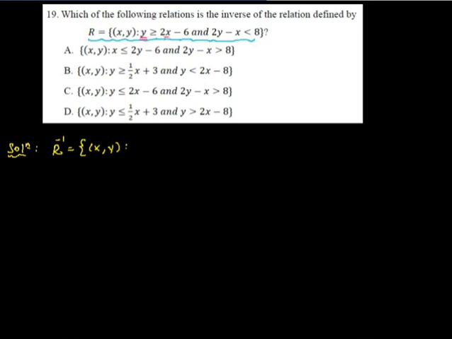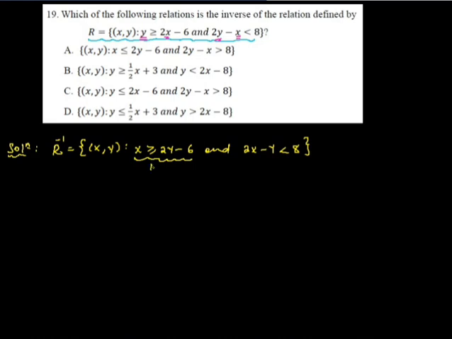okay እዚች ጋር ያለችውን x እና y ቦታ ቀይራለሁ። similarly እዚች ጋር ያለችውን x እና y ቦታ ቀይራለሁ። so that is the inverse. so in doing so x greater than or equals to 2y minus 6 and 2x minus y less than 8 ይሄ ኢንቨርሳችን ይሆናል ማለት ነው። ሶ እንዳጋጣሚ ሆኖ ይሄንን ኢንቨርስ ቀጥታ ምርጫ ውስጥ አናገኘውም፣ ምርጫ ውስጥ አልተቀመጠም።